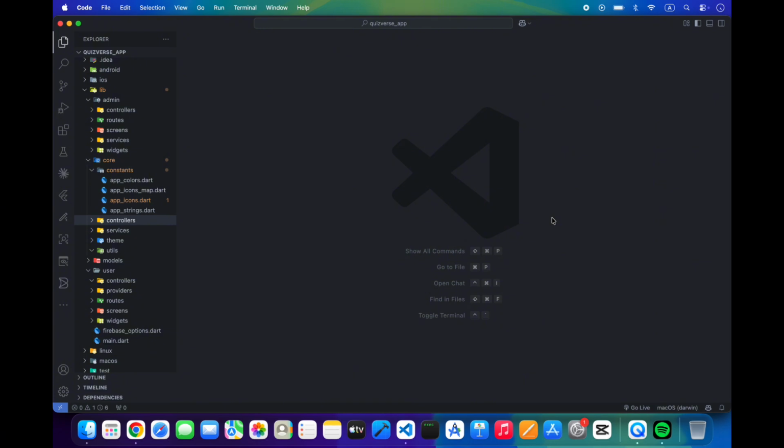Keeping all theme related logic inside a separate controller follows clean architecture principles, keeps our code organized, and makes future maintenance much easier. By the end of this video, our project will have a complete theme management system that we'll use throughout both the user app